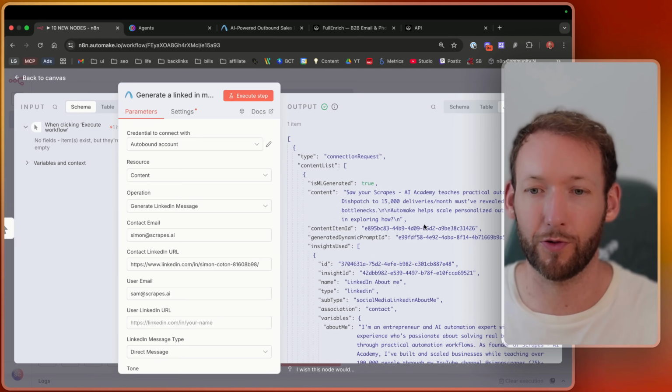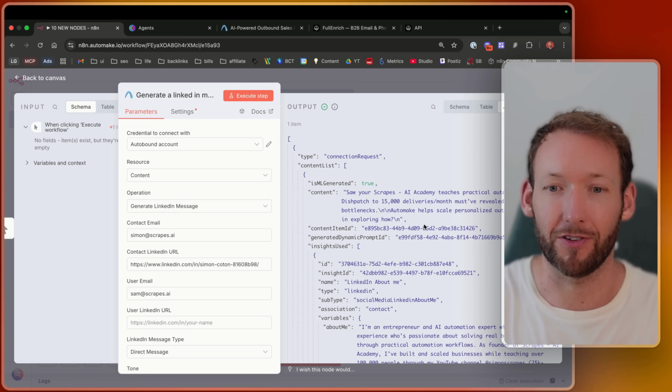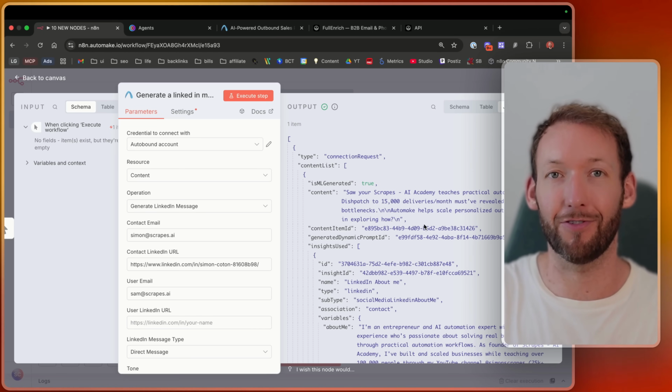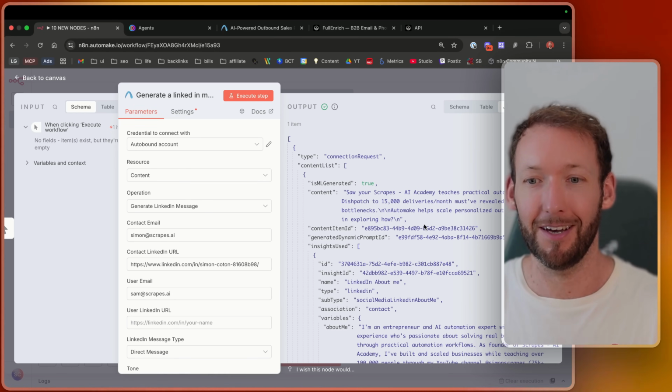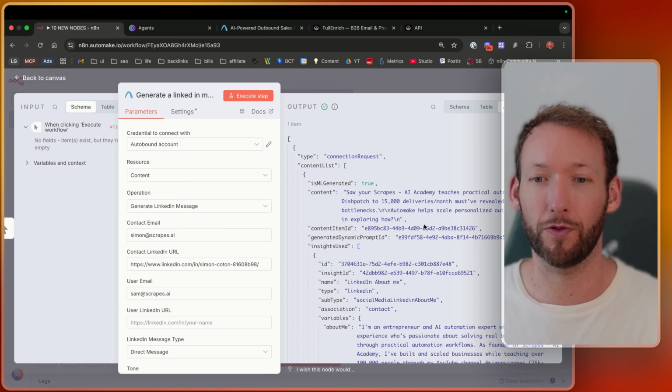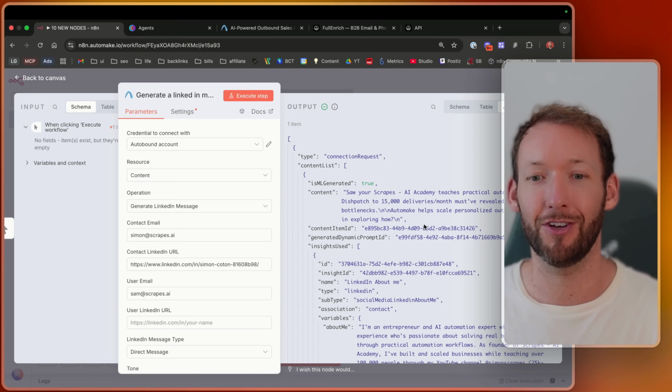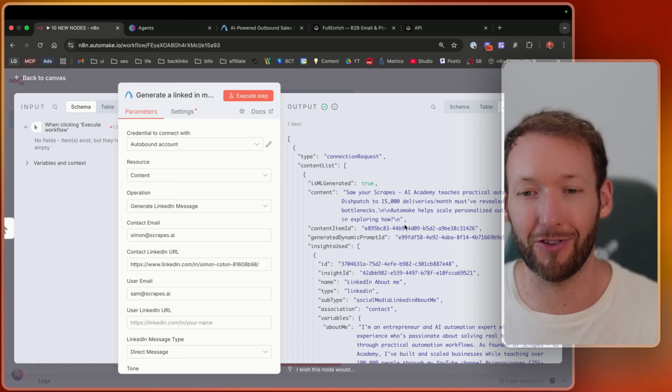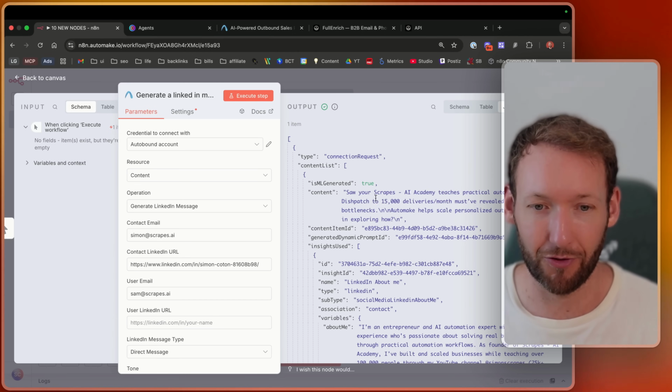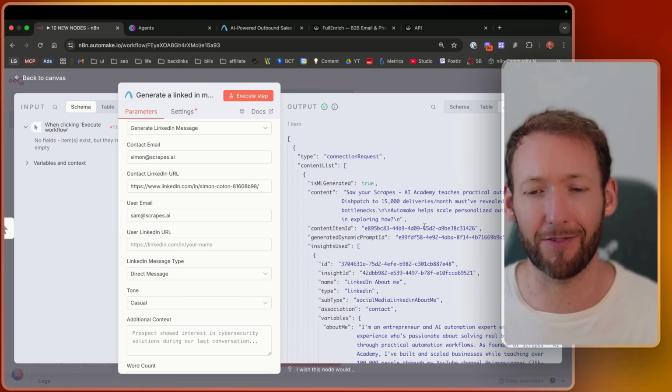"Saw your Scrapes AI Academy teaches practical automation, scaling dispatch to 15,000 deliveries a month, which is something I mentioned on my LinkedIn, must have revealed workflow bottlenecks. Automate helps scale personalized outreach. Interested in exploring how?" So it's actually given a really casual intro direct message that is directly relevant to